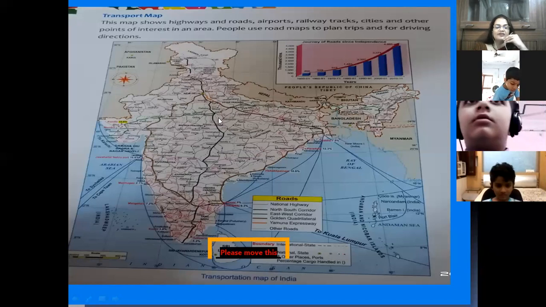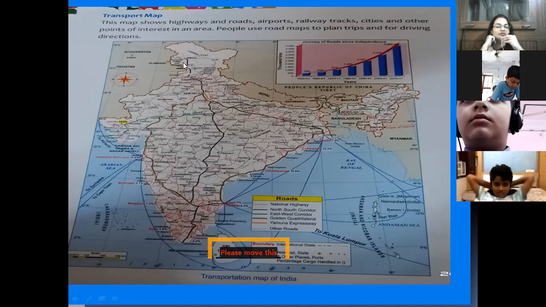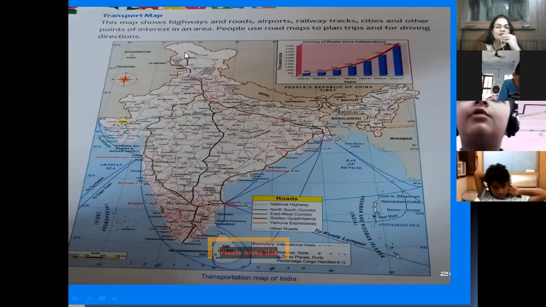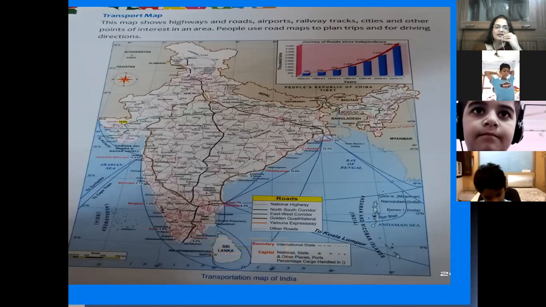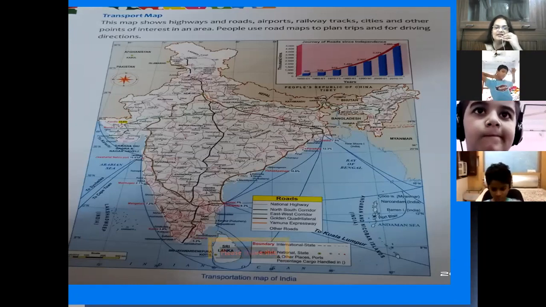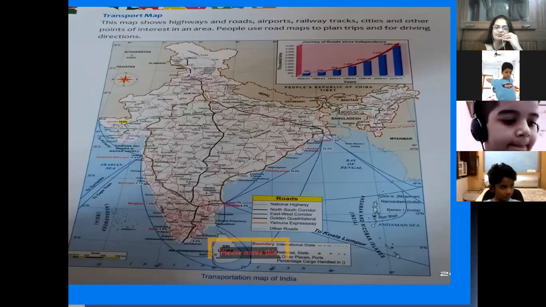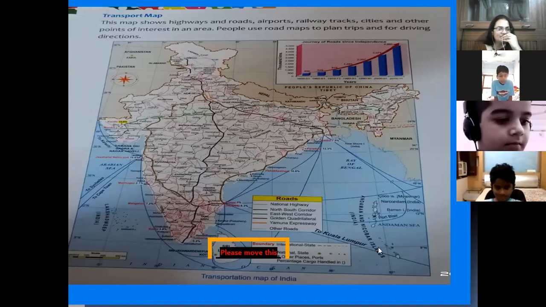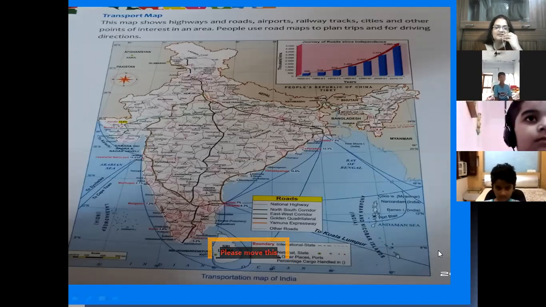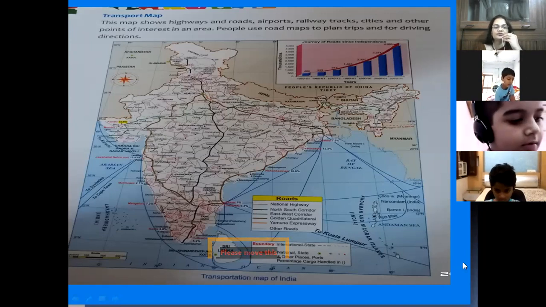So, students, here we have completed the chapter about India on the map. We have gone through the political condition of India, that is different states, 28 states, and physical features about rivers, mountains, the economic map showing industrial development, the meteorological map showing the weather and climatic condition of India, and the last, the transport map showing the roads and railway tracks of India. So students,